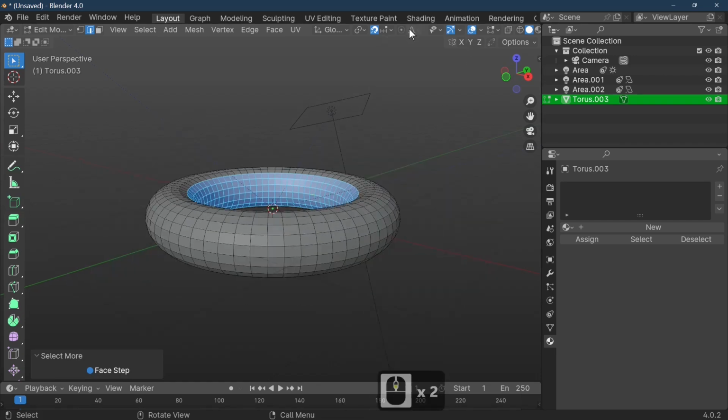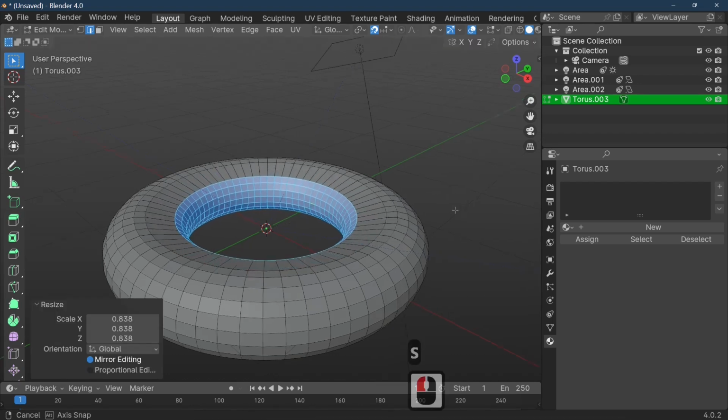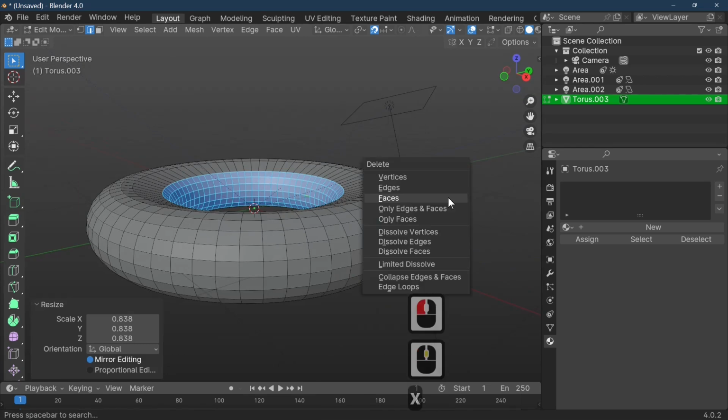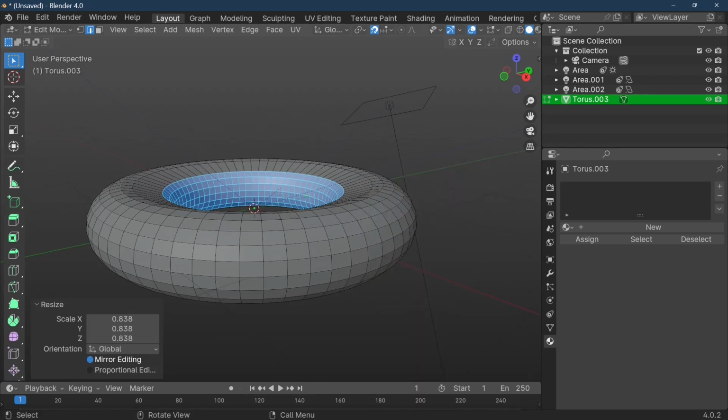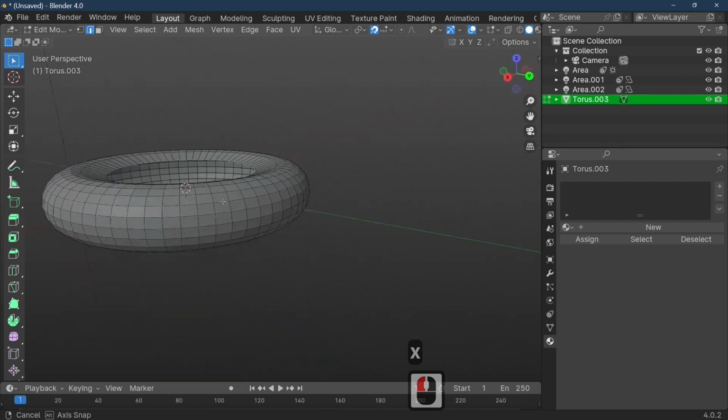I'm just going to make sure that I haven't got proportional editing on, which is found under this little dot, because I don't want to use it just yet, but I will be using it shortly. So just scale this down, and what we're doing is making our simple shape. I'm now going to delete the faces there. Right, so I'm just going to X to delete that, delete the faces,